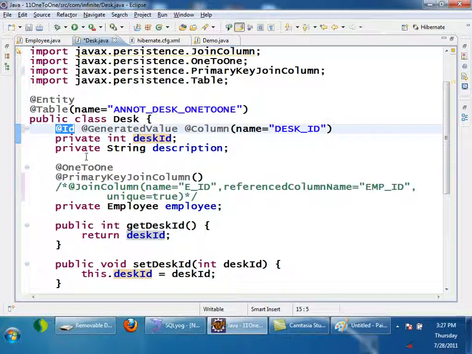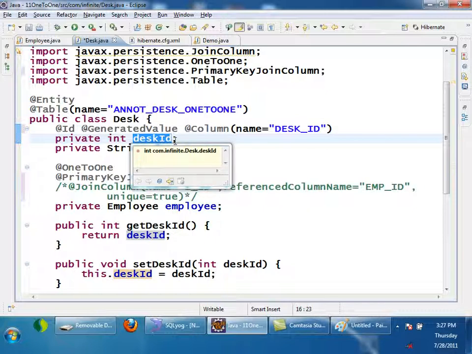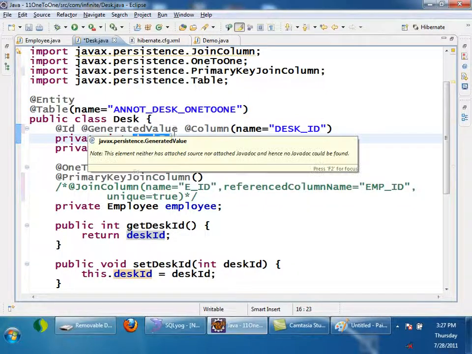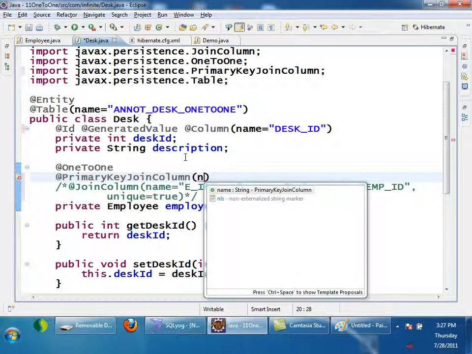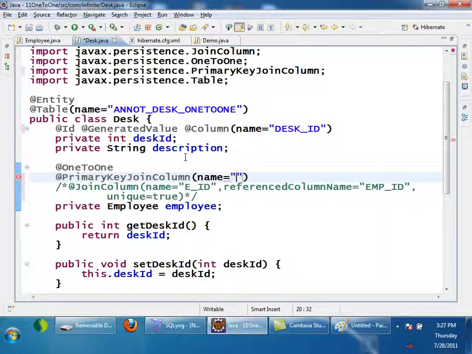Now I have to tell that this desk ID is again a foreign key referencing the primary key of the other side. So that's why primary key join column we have to use. So primary key join column name should be same as the primary key here. Name is equals to what? desk_ID, same as the primary key here.